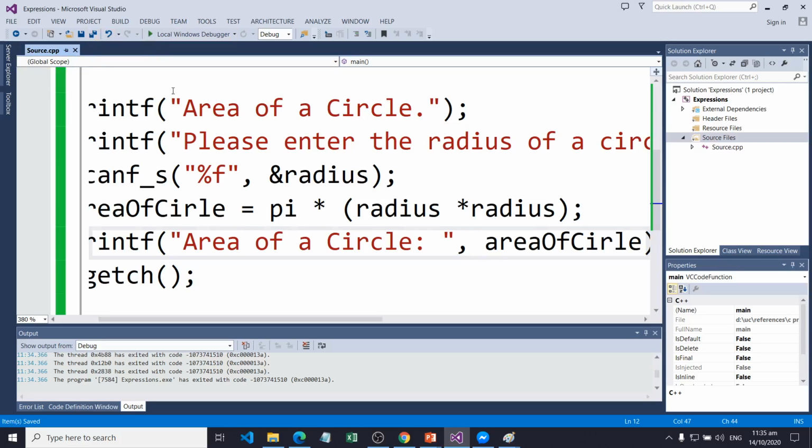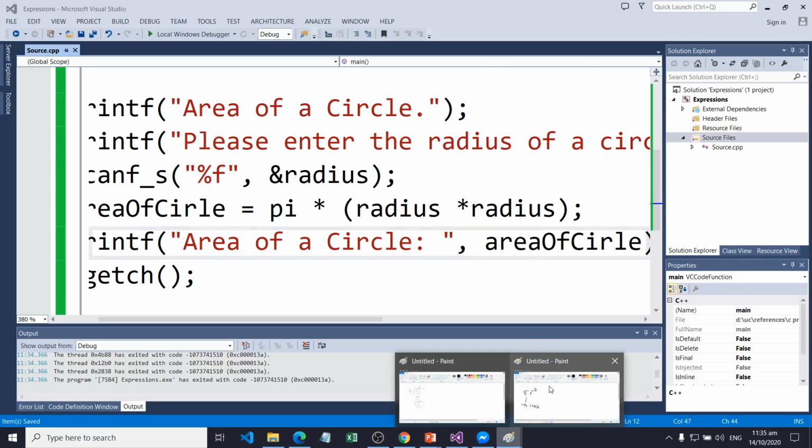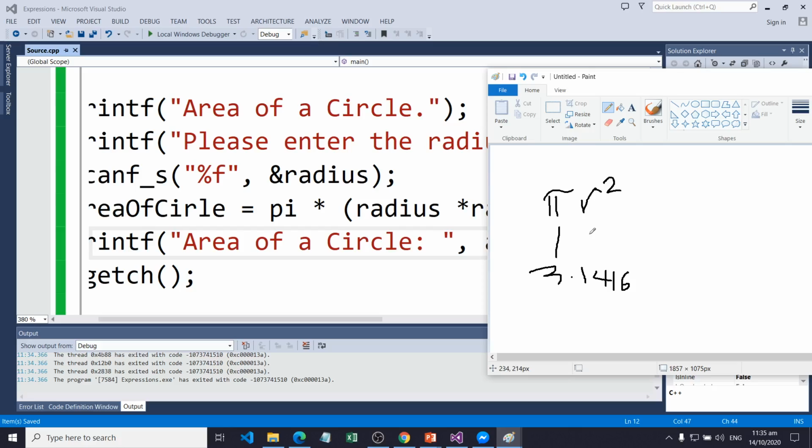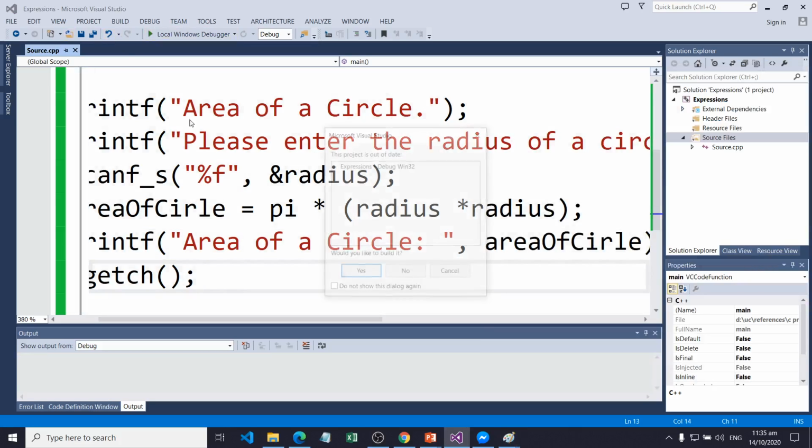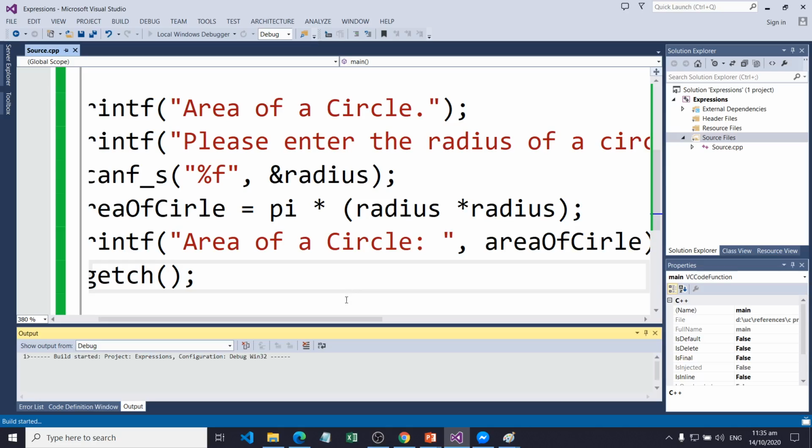So let's try, for example, the radius is 2, so it's equal to 3.14 times 4. Then let's try to run.